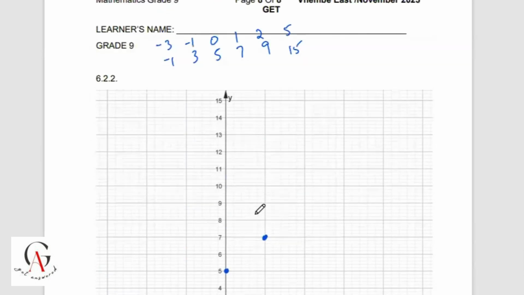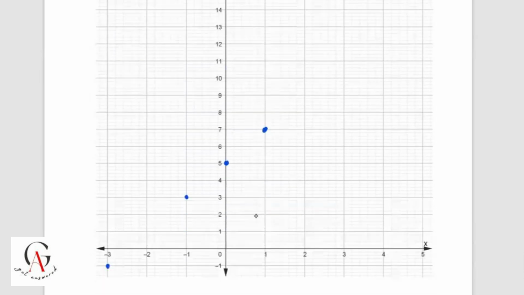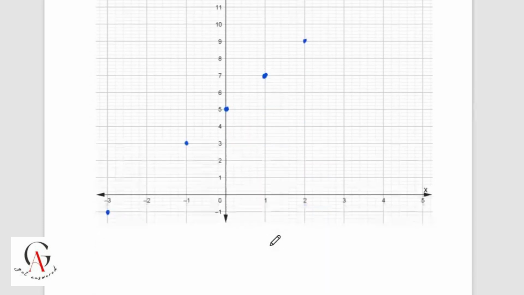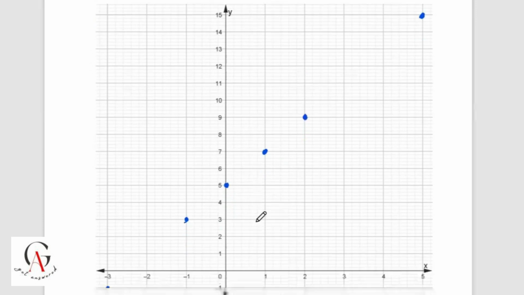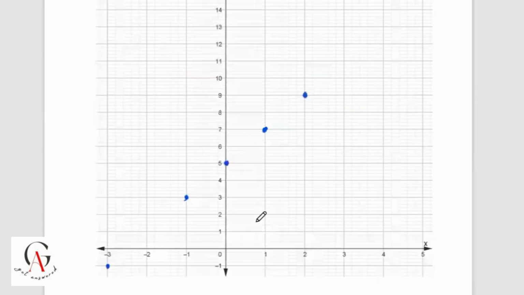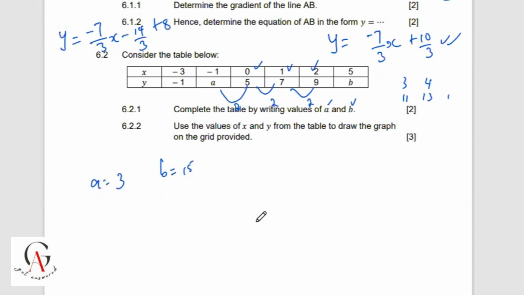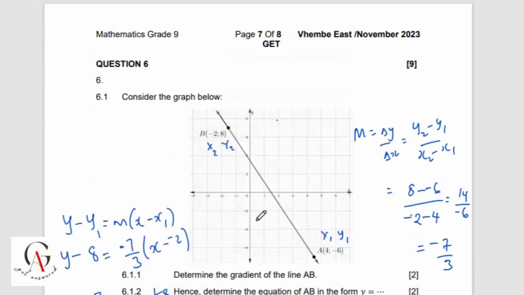And then we have 2 and 9. This is 2, that's going to be a 9. And then we have 5 and 15. So 5 is the last point, and then 15 is somewhere here. So if you get your ruler and try to connect these points, you'll end up with a perfect straight line. Okay, so guys, that's where the question stops. So that's where the paper